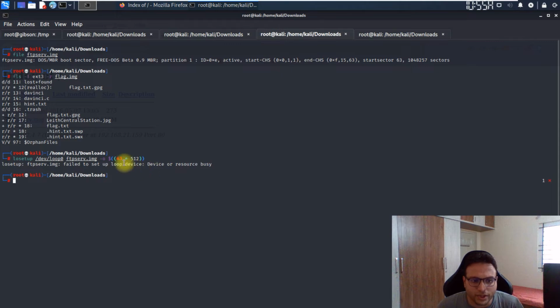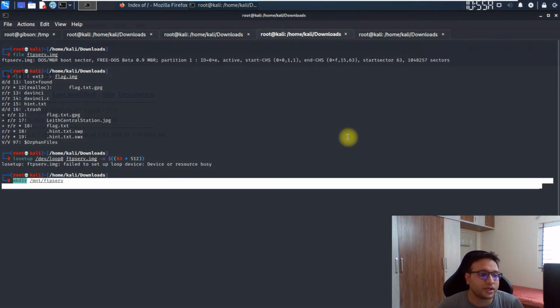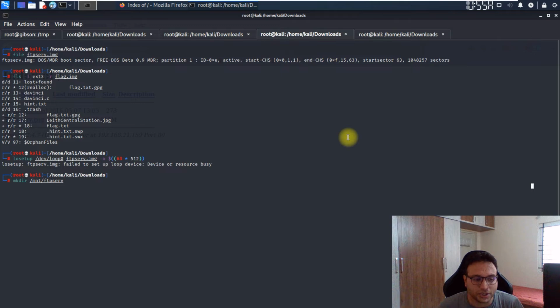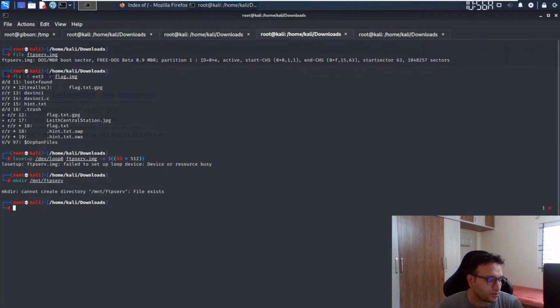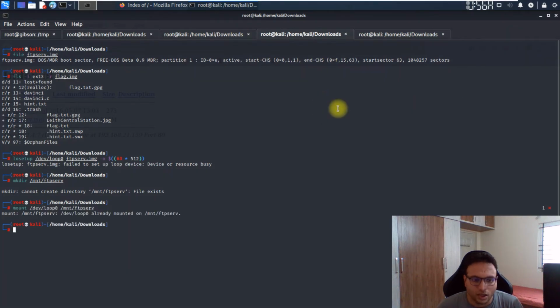Okay, so device is busy as it's already mounted in my case. Then you have to run this command, and this command is also not running for me, as my machine has already created that folder, which already exists. So we simply have to mount this loop 0 to this folder, which is also already mounted. So I'll simply go inside of it,